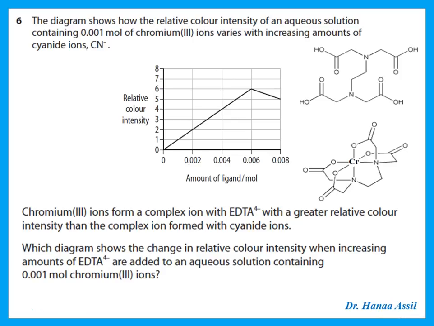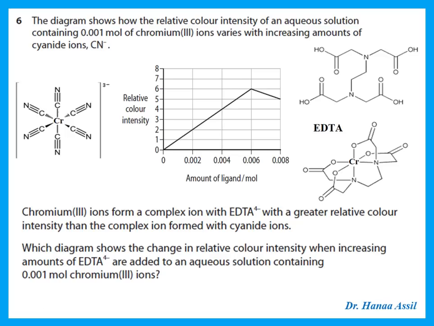Now, what is EDTA? This is EDTA. It is a ligand that is hexadentate. So it forms 6 coordinate bonds with the central ion. So that means I have 1 chromium bonding with 1 EDTA. It's a 1-to-1 ratio. While the cyanide, remember that if I have it bonding with the cyanide, it has 6